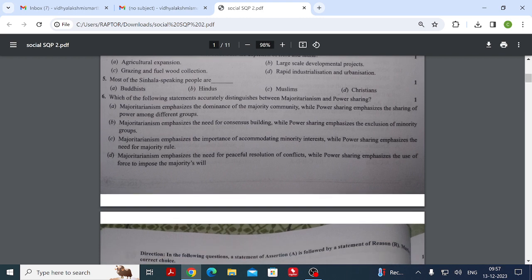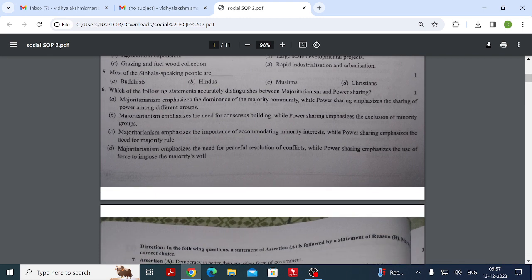Which of the following statements accurately distinguishes between majoritarianism and power sharing? Okay, so majoritarianism emphasizes the need for peaceful resolution. Option D, we have already seen, it is false. Now see, majoritarianism emphasizes the importance of accommodating minority interest. That is also wrong. Okay,